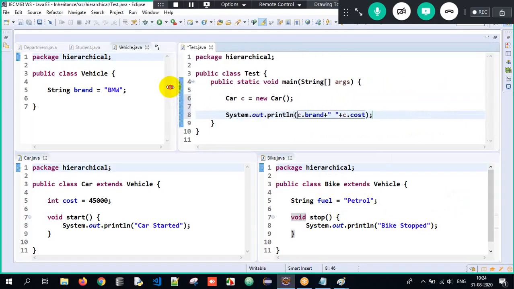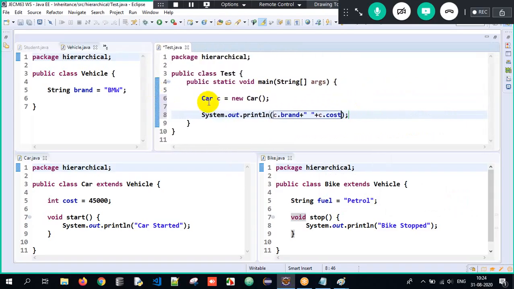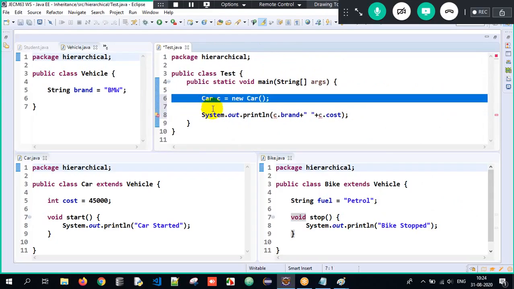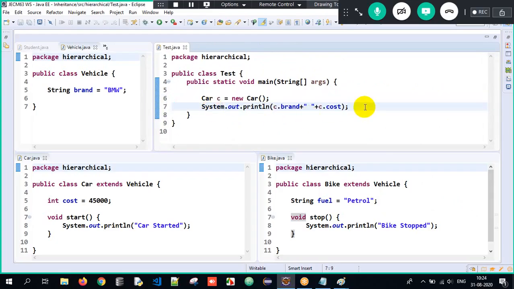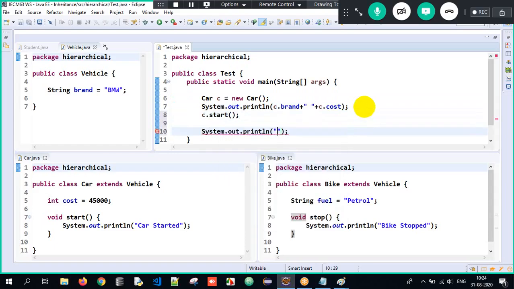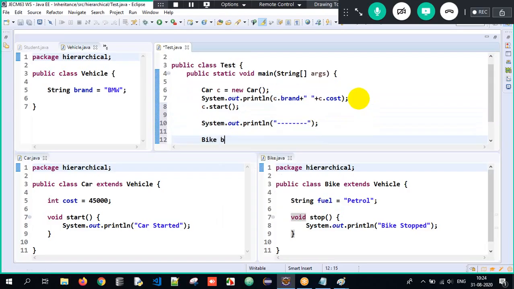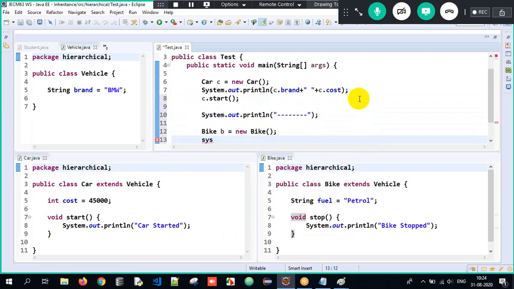Sir, I have created an object of car. So the object of car can access the properties of vehicle and car. That's it. I cannot access the properties of bike. And I can also say c.start. Similarly, if I create an object of bike, B equals new Bike, I can access the properties